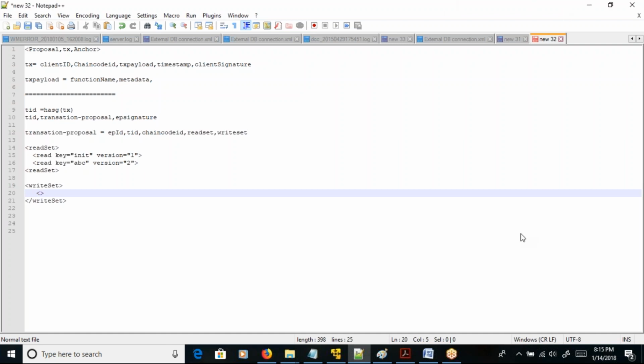Got it? And the format of this will be something like, it will be